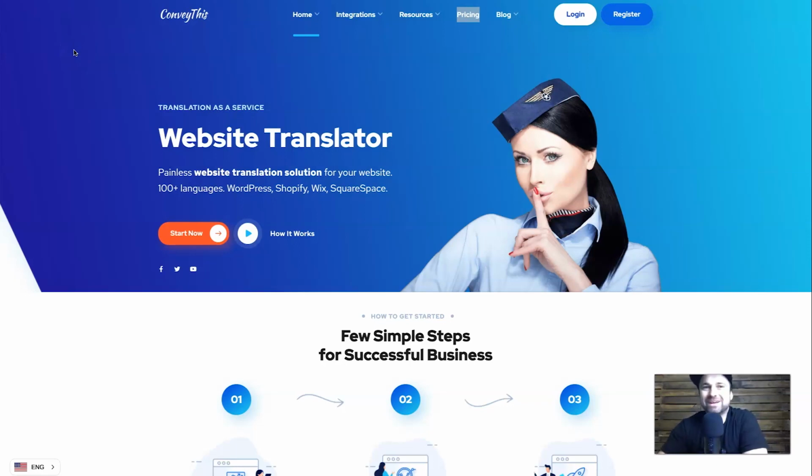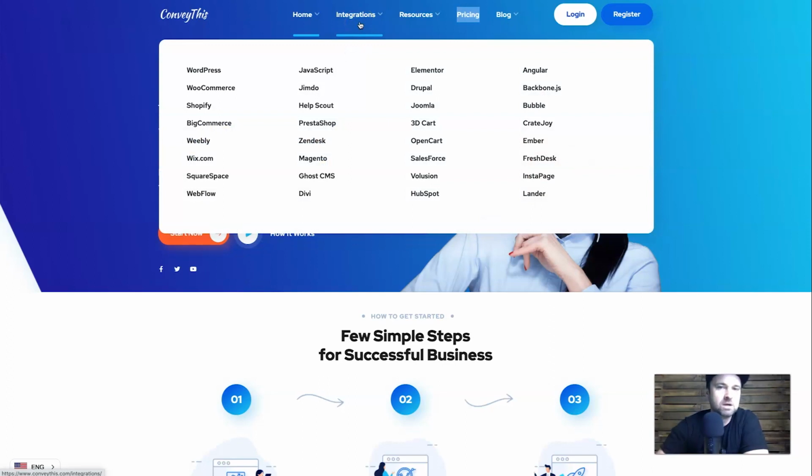Okay, so first of all, we're going to start here on the ConveyThis website. Basically, what I want to do in here is show you the different types of integrations and platforms ConveyThis actually works with, because it does work with a lot. And if the native integration isn't actually there, you can always just use a JavaScript. So it's really good. So first of all, if I hover over the integrations tab, you'll see it works with